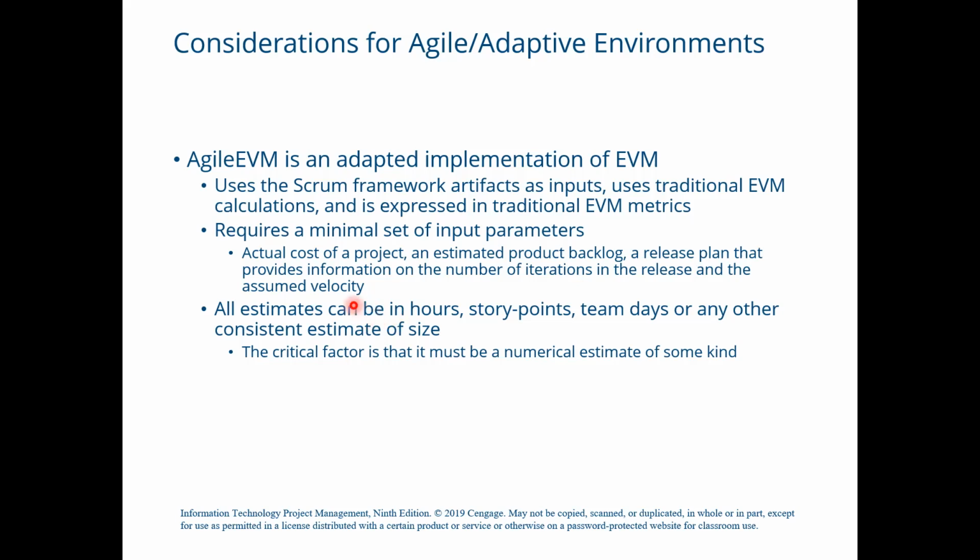Agile EVM is an adapted implementation of EVM. It uses Scrum framework artifacts as inputs, uses traditional EVM calculations, and is expressed in traditional EVM metrics. It requires a minimal set of input parameters: the actual cost of a project, an estimated product backlog, and a release plan that provides information